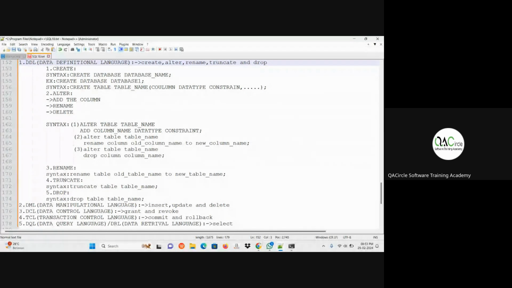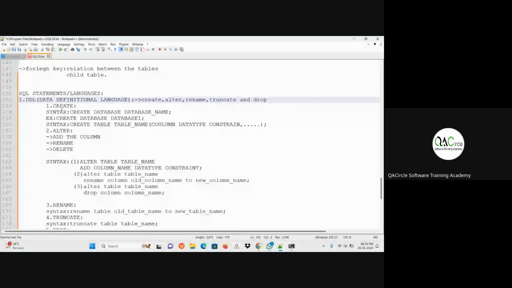Take that down as a heading. Under that, the first statement is the create statement.